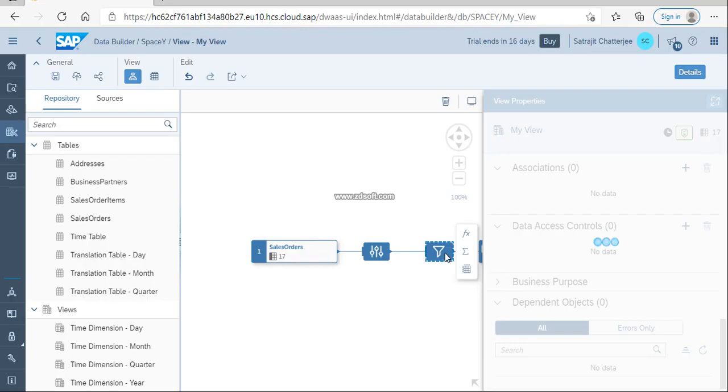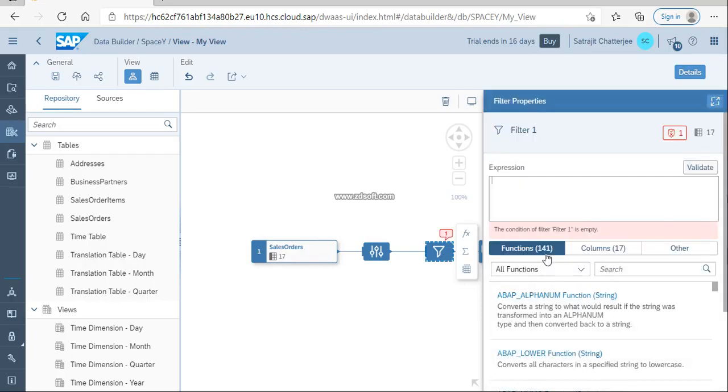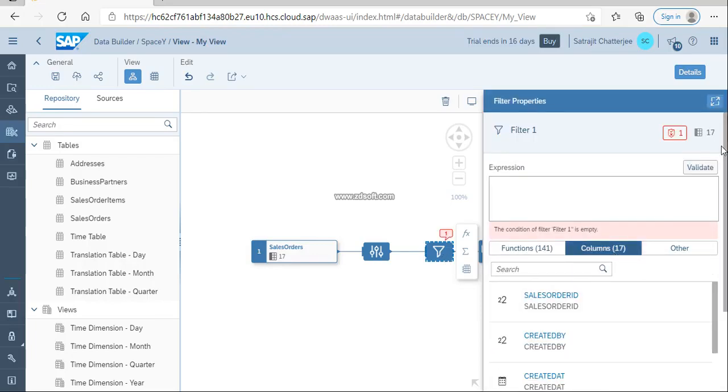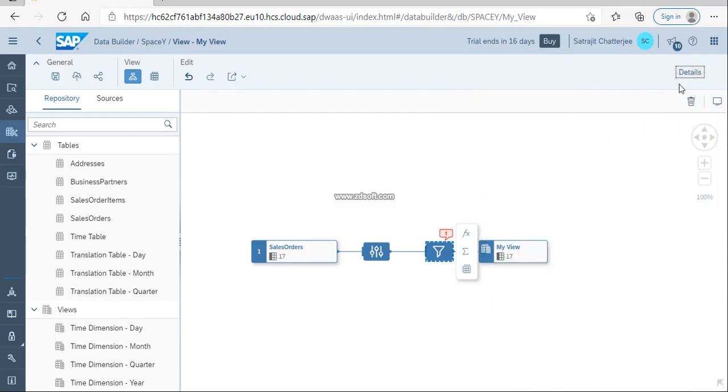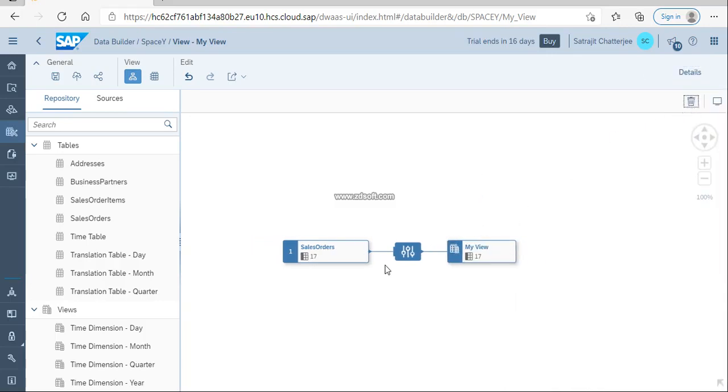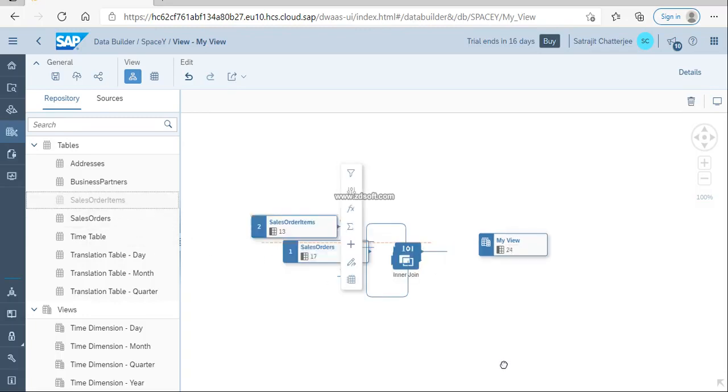So this filter, where you would like to do a filter, you can do a filter on columns, so that all will be coming later. Okay, so for the timing we are not going to do that details. So just say it's 17 columns, replicated to 17 columns. Okay, now I am going to sales order item and put it there, and it's a